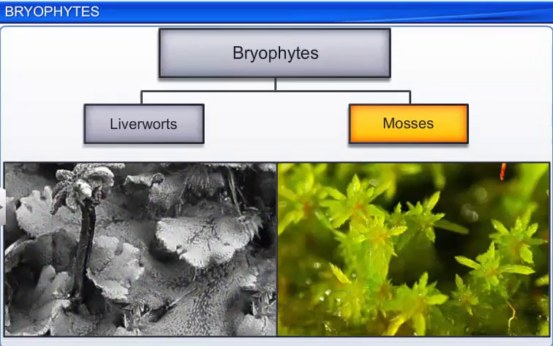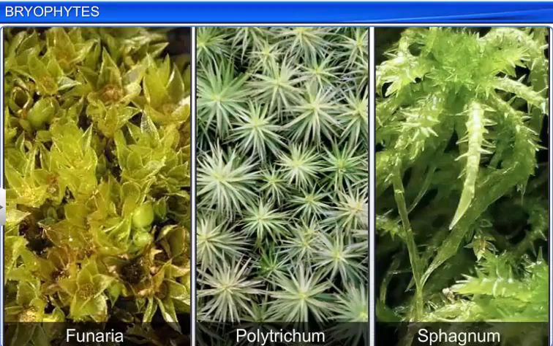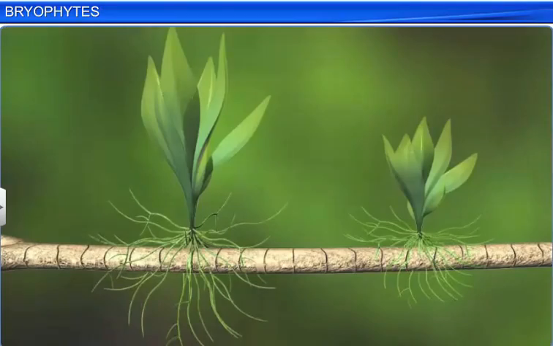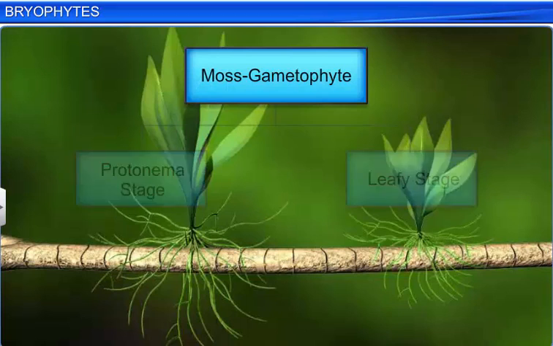Mosses are another type of bryophytes. Funaria, Polytrichum, and Sphagnum are some common species of moss. A moss undergoes several stages in life, wherein the gametophyte stage is the most predominant one. The gametophyte stage has two substages,